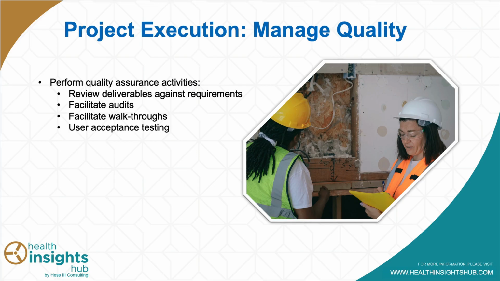And so another component in this project execution phase is making sure that we're managing quality. In planning, we identified how we were going to do this, but now it's time to do the work. And ultimately, as those deliverables are being created and as they're being submitted to the team, we want to make sure that we're implementing our quality assurance activities. This does include reviewing deliverables against their requirements. Again, especially if we're talking about verification indicators or regulatory requirements or policy requirements, we want to make sure those are incorporated.